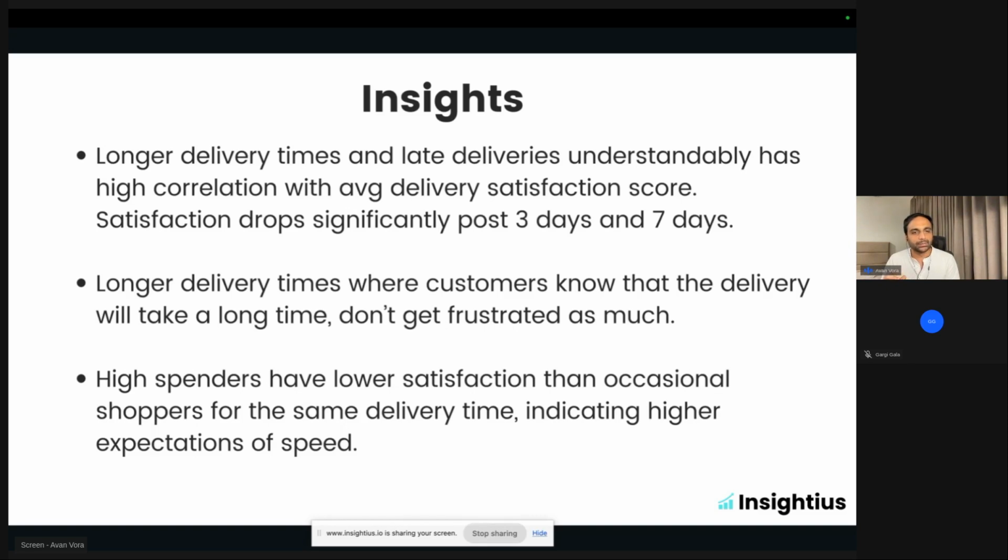We saw that the budget spenders are okay, right, with the delay. So if you think it's going to get there in 3 days, tell them it's going to get there in 5 days, and then basically deliver it in 3 or 4 days. They'll be happy. That was what I was looking for, without any cost, right? Improving speed takes cost, but committing longer delivery times does not take cost. It's very cheap to do, right? You just have to add some days into your expectation.